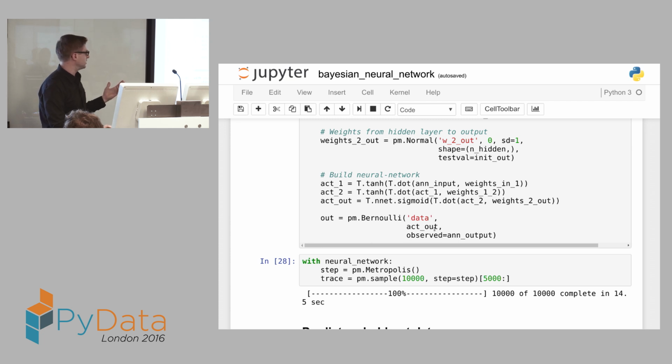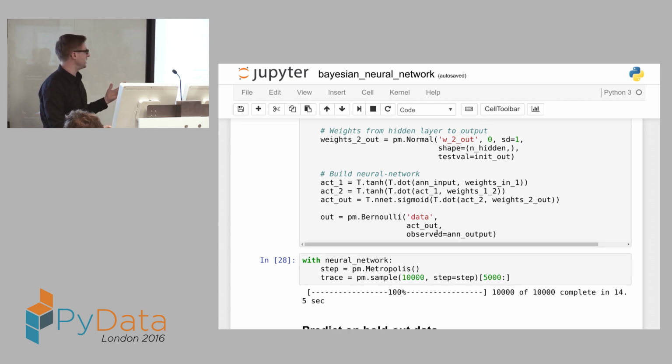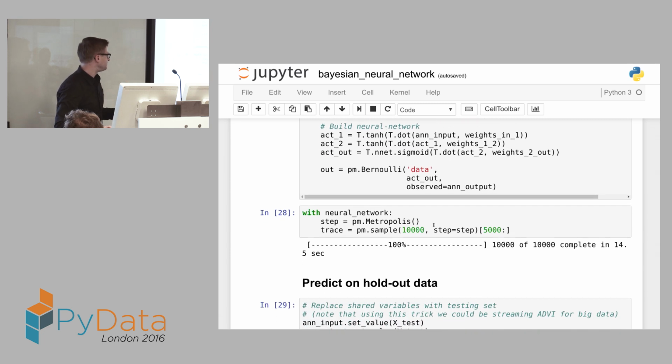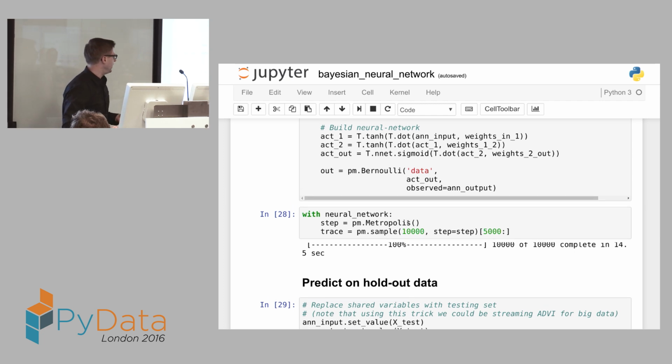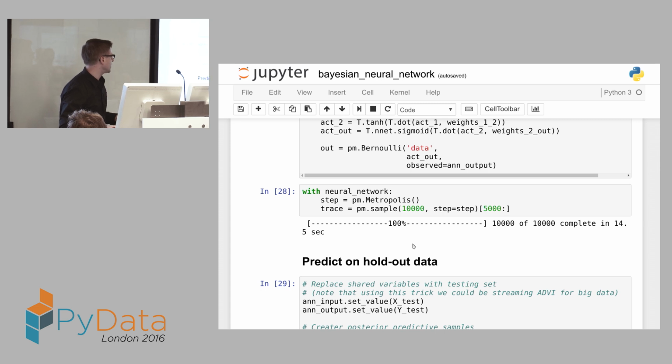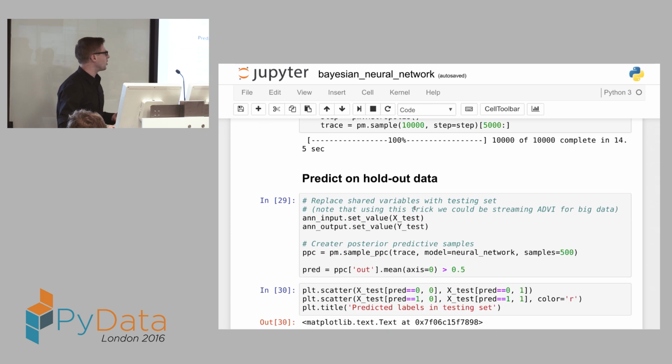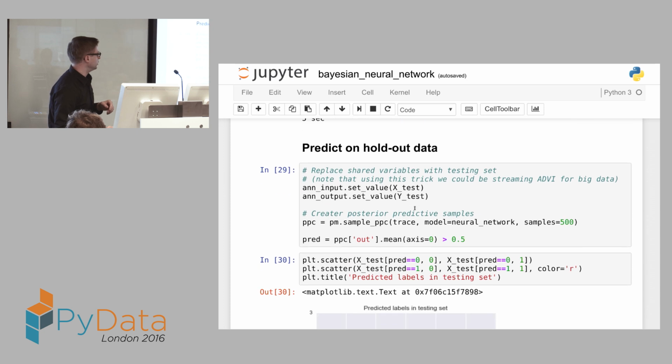And this is what I'm passing in here. This is the output data. And then act out is just the activation of the probability estimate of the labels of all of these. And then here I'm using a Metropolis sampler, which actually works fairly well in this model, even though it's quite complex. And as you can see, it's 14.5 seconds for 10,000 samples. It's pretty good, but not all that fast. So as I mentioned already, these samplers tend to be a little bit slow, and that is one of the biggest problems, I think, when you want to really use that.